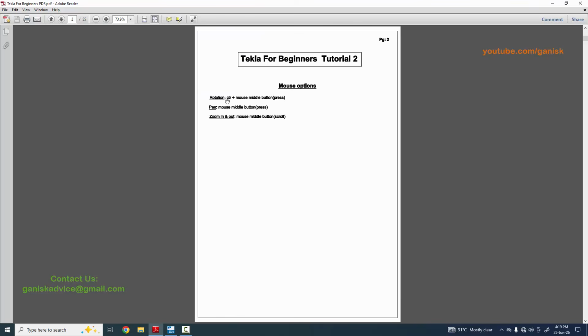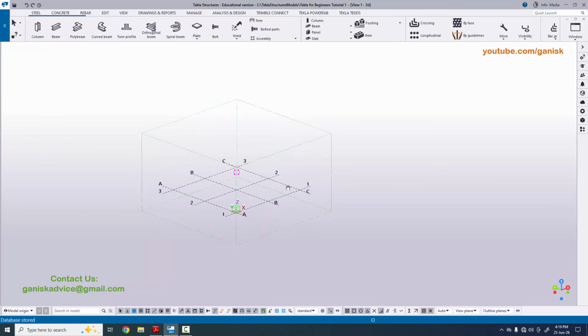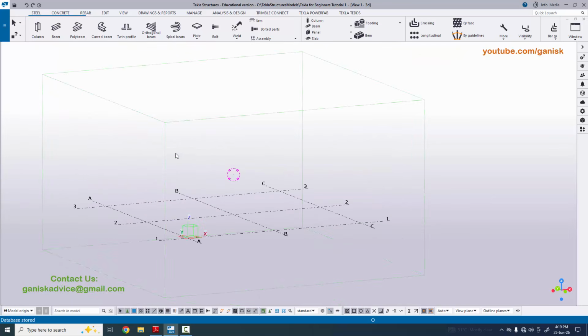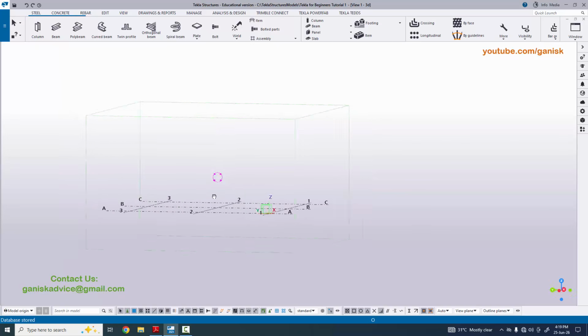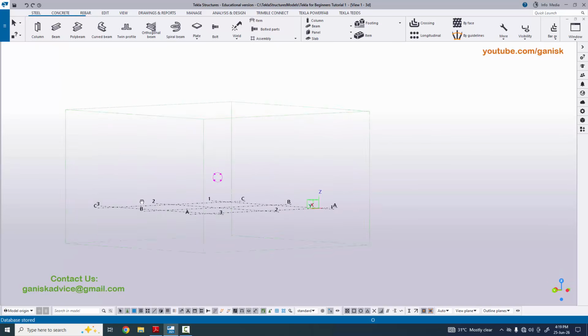First is the rotation option. In this rotation, you can use the Control and mouse middle button or scroll button. Just hold the Control and mouse middle button and rotate like this. You can see the rotation point at the middle of this model. This is the rotation. Hold the Control and mouse middle button or scroll button, press it and scroll it like